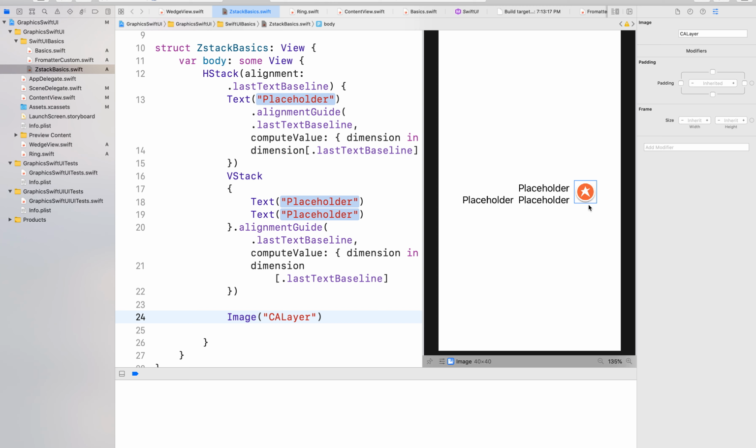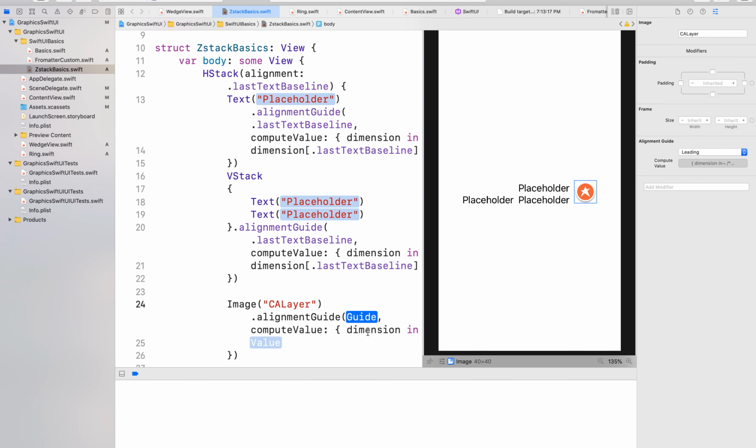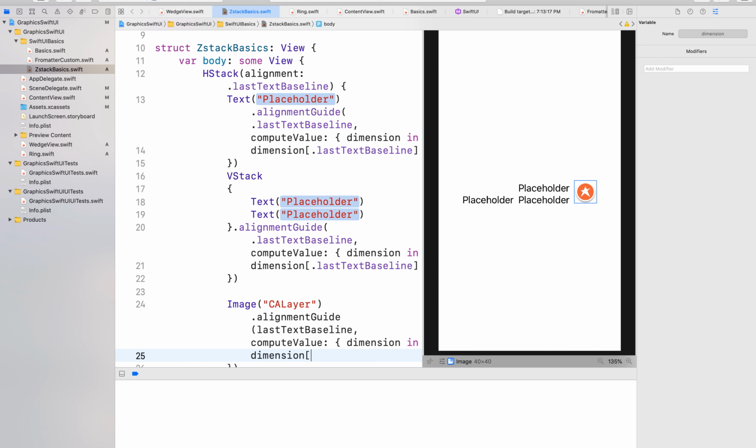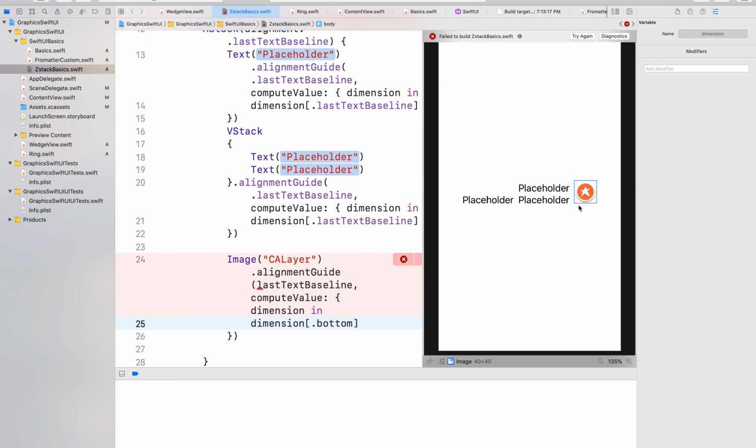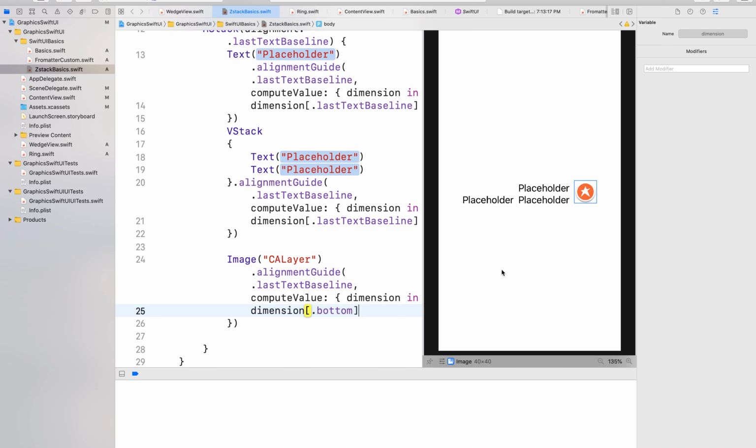If we want to move that image a little down, because there is a gap between this border and the image, I want to align this circle border to that, and we can add an alignment guide here. The parent alignment is last text alignment, so I can copy that. We can define it with respect to other alignments, and I need to define the alignment point. I want that alignment point to be